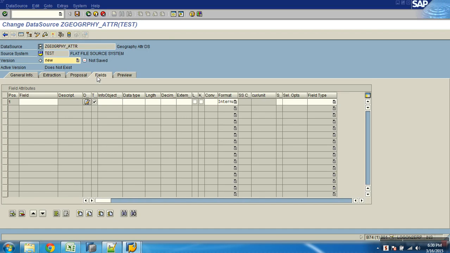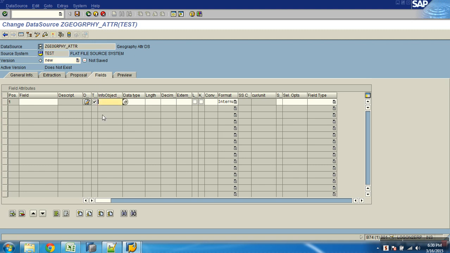Logically, if you understand what a transfer structure is, what will you define in it? A transfer structure is a list of columns and in what sequence. So the sequence in my transfer structure must match my file. As per the file, this transfer structure has to be adjusted, because the fields tab defines the list of columns and their sequence coming from the source.